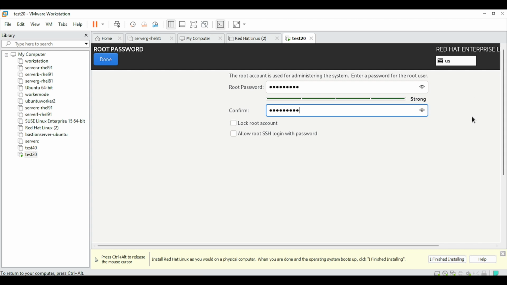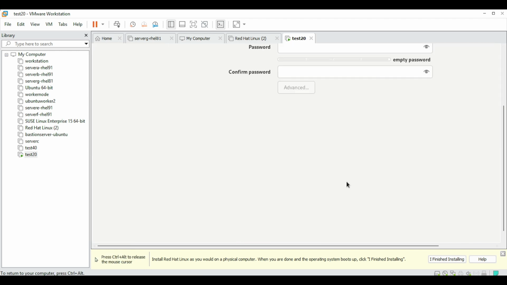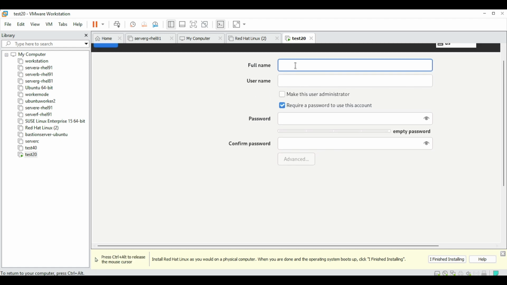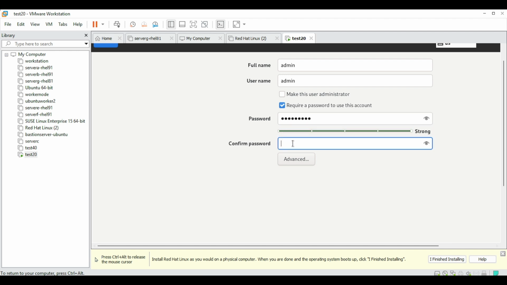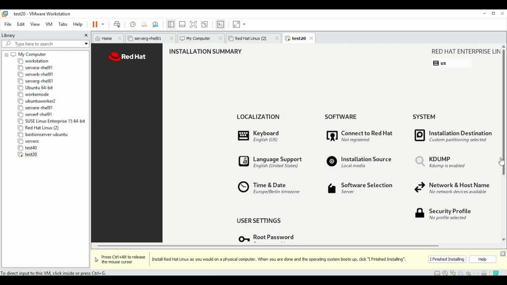When installation is done, then you can change it again. Or make a note if you are giving a typical one. Then again the password for one account, admin. Admin is not root. You have to give sudo rights to work as root. Again done.